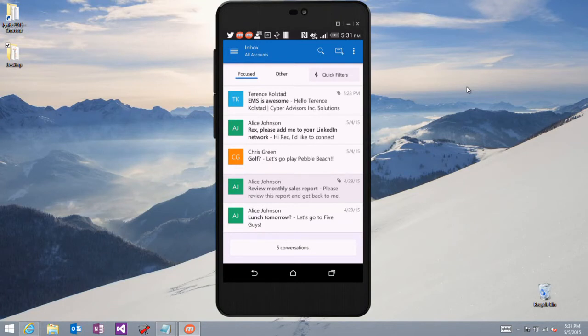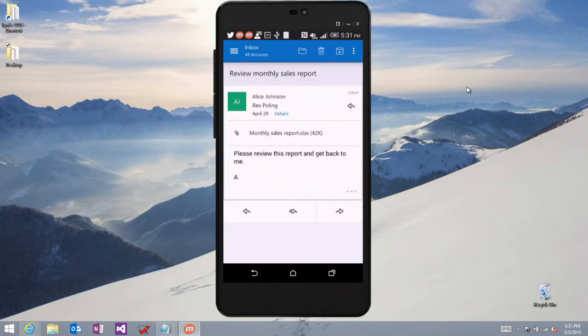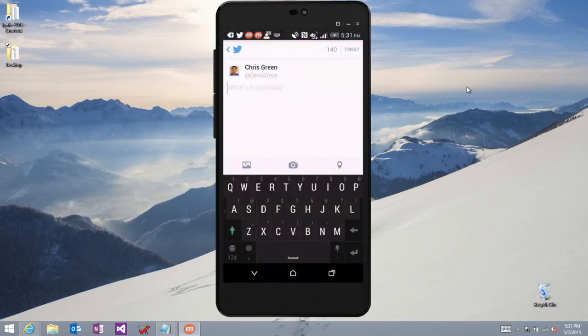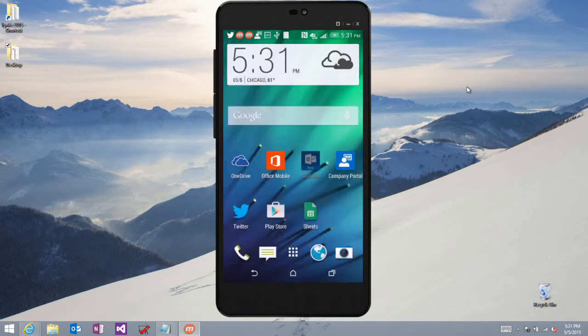So for example, I can open up this email from Alice, and just as a simple example, I can go ahead, try and copy some of this content, switch over to Twitter, and then when I hold down my thumb, nothing happens. So I can't paste. And I think you've seen this demo a few times already. But what are some of the other restrictions? So for example, if I go back to